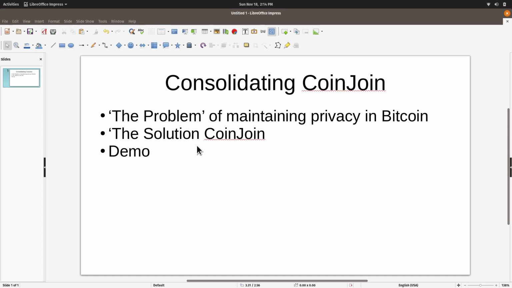So, real quick, the problem of privacy in Bitcoin. A lot of people think that Bitcoin is private, and that's actually not true. It's pseudo-private, because instead of having a name, you have a serial number. And the problem with all these serial numbers, or a hash, a Bitcoin address, those are all the same thing. The problem with it is that while that's nice and you start out anonymous, over time and through the use, as the money flows around, it can become de-anonymized. And I'll go over a few ways that de-anonymization happens.